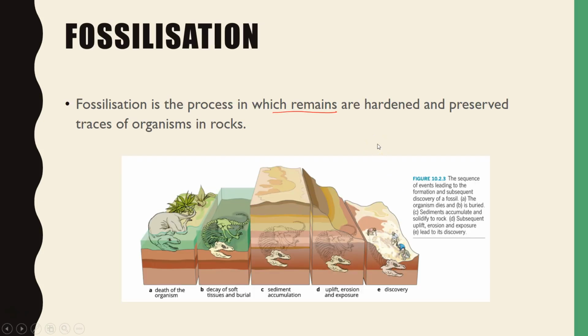So fossilization is a process where an organism or individual's remains are preserved over time, and they're preserved by the hardening of that particular skeleton, or it may be their soft tissue, typically in rocks. The process of fossilization takes place in a number of steps. The organism will die, its soft tissue will decay, typically it will be buried, usually underwater, or quickly buried under some sort of sediment, and that sediment will eventually accumulate. Over time, those bones or hard parts will be replaced by minerals, and then that's the process of fossilization. And then over a period of time, there may be uplift or erosion, and then the discovery